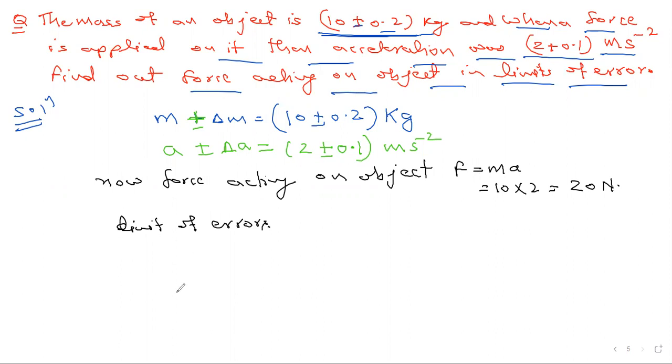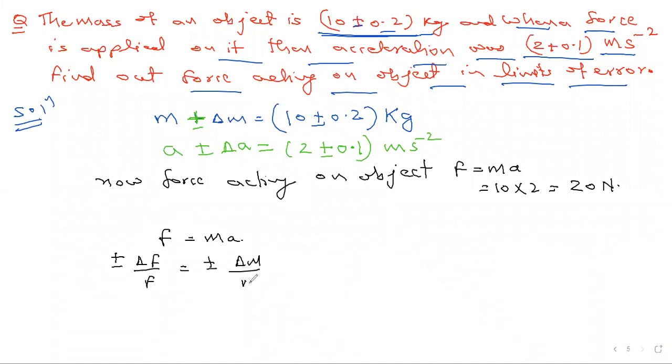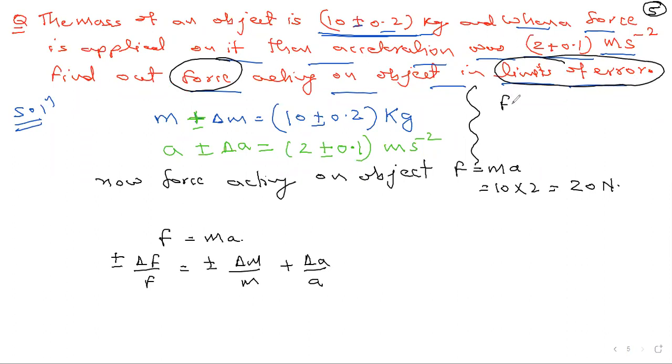तो अगर मैं फोर्स का फॉर्मूला बनाता हूं तो पहले आप ये देखो मुझे जरूरत क्या पड़ेगी, F इक्वल टू m इंटू a। अब इसमें जरूरत क्या पड़ रही है, plus minus delta F upon F equal to plus minus delta m upon m plus minus delta a upon a। Got it? Clear? Is this clear? ठीक। अगर मुझे जो कैलकुलेट करना है, force in the limit of the errors, तो ये जाएगा F plus minus delta F कैलकुलेट करना है सर मुझे। तो F तो मैंने कैलकुलेट कर लिया, लेकिन delta F नहीं है मेरे पास, तो मैंने delta F के लिए ये फॉर्मूला यूज किया।